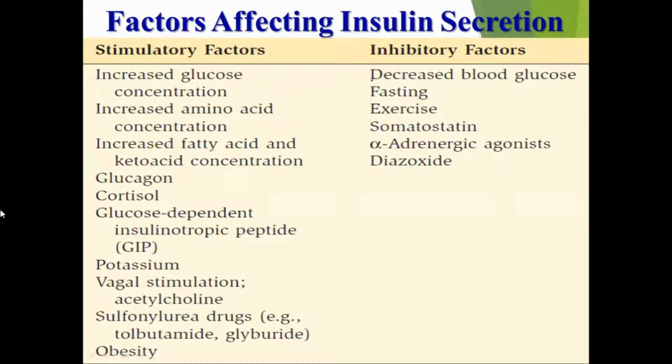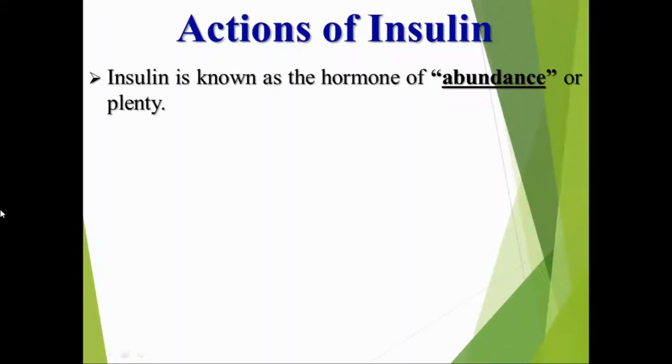Whereas inhibitory factors, along with decreased blood glucose, include fasting, exercise, somatostatin, alpha-adrenergic agonists, and diazoxide. These are the inhibitory factors for insulin synthesis. Now, when you talk about the action of insulin,